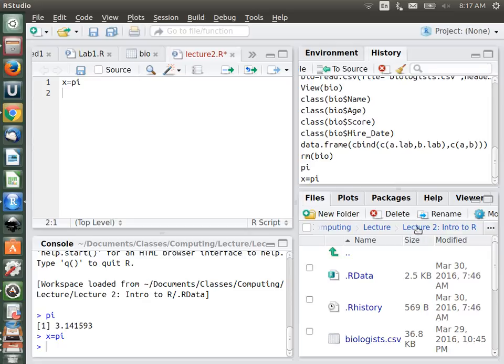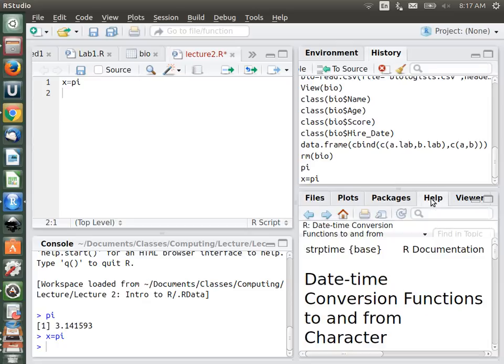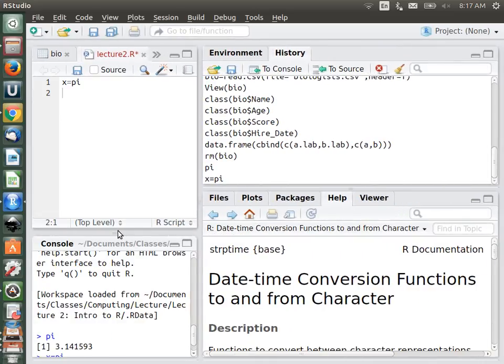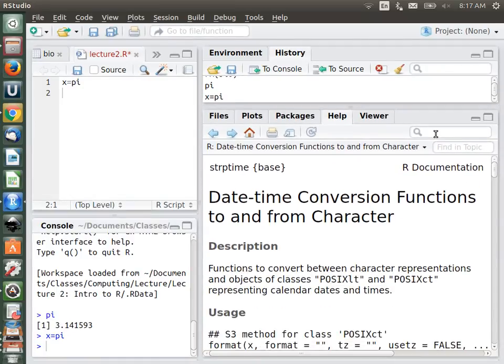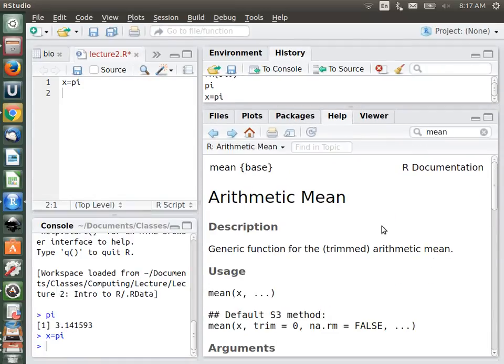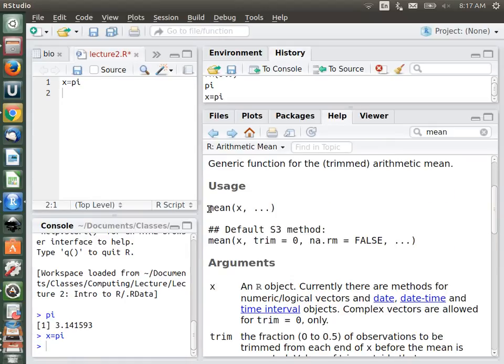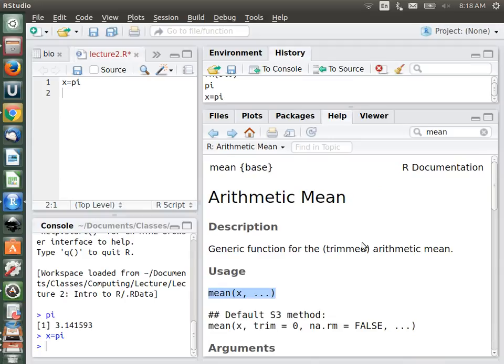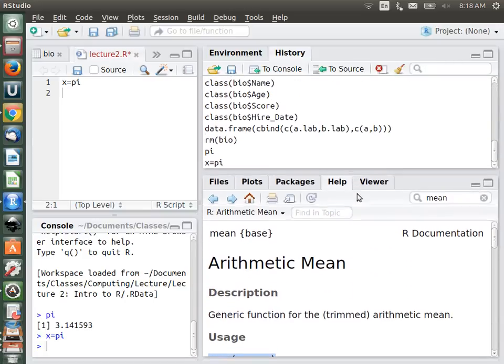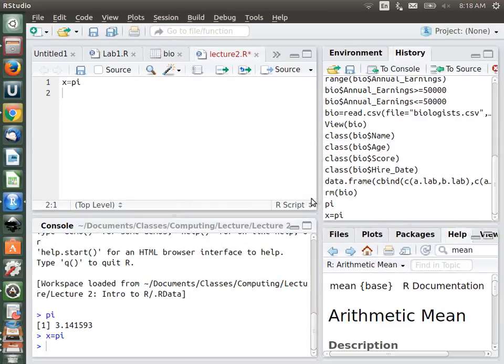But the really big thing that you need to know about right now is the help. So if there's ever something that you were curious about or need to know how to do, you should take advantage of the help as much as you can. So you can type in here, I want to know how to get the mean of something. Oh, right here. This is how I do it. And you can come down, and it gives you the usage. We'll talk more about this in a little while, what that means, and how to actually go about getting the mean of some set of numbers. So that's what we have down in that window. So that's kind of the basic layout of